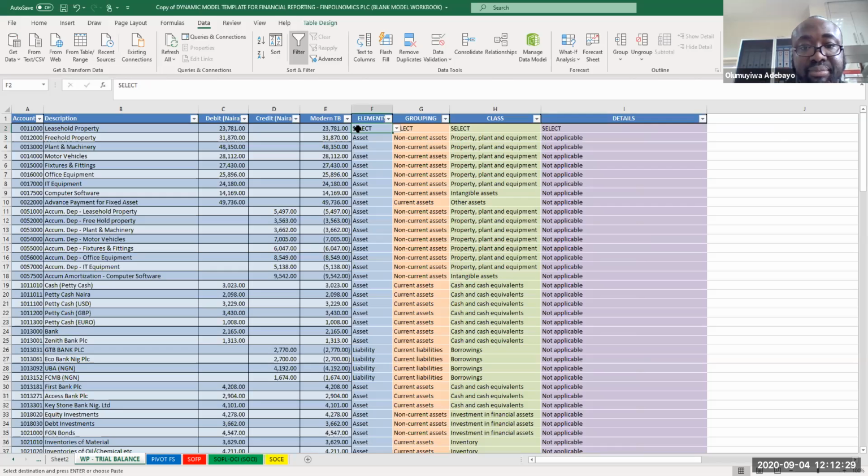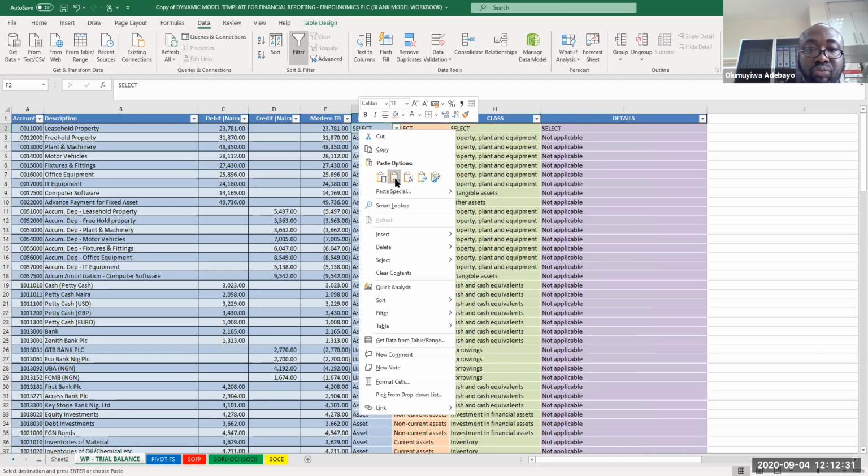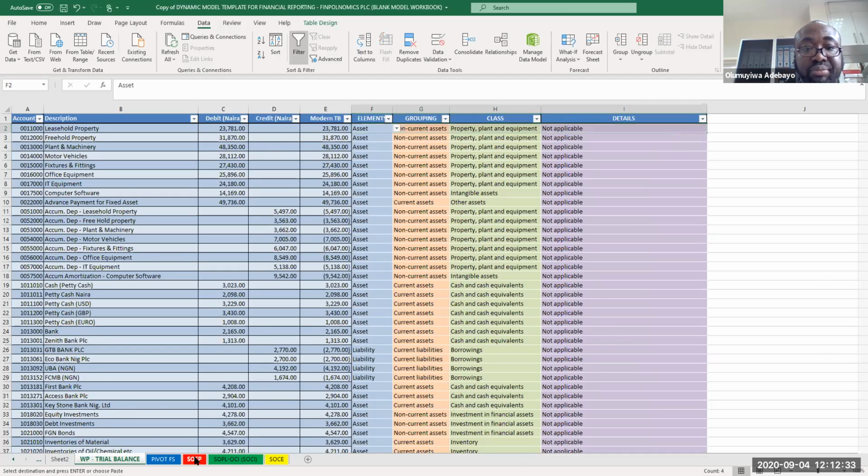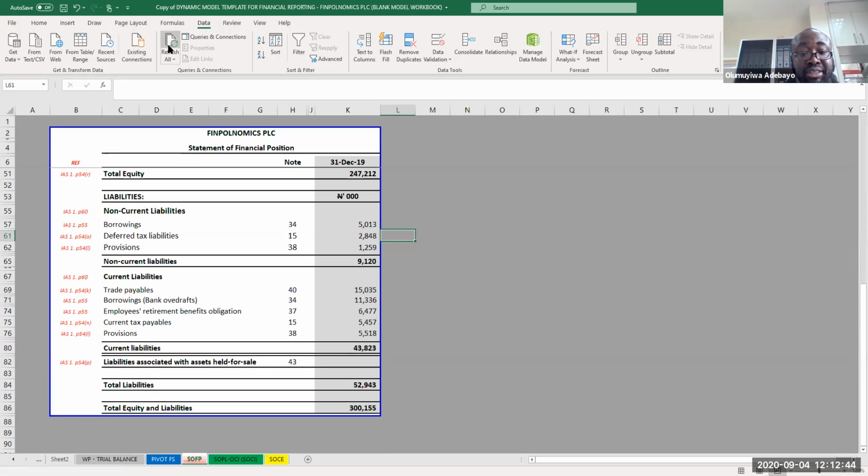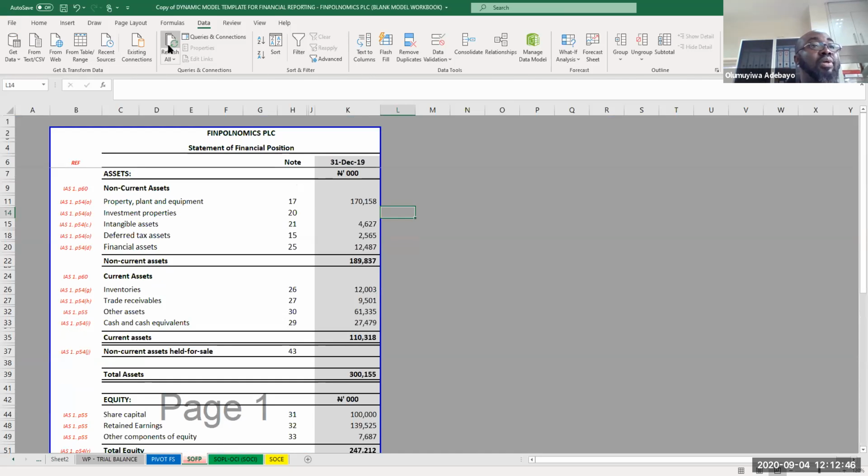From there, if you go back to my balance sheet, you know it's 146. Now, let me update it with refresh, 170, and my balance sheet agrees. Okay, another problem you can see is if your trial balance